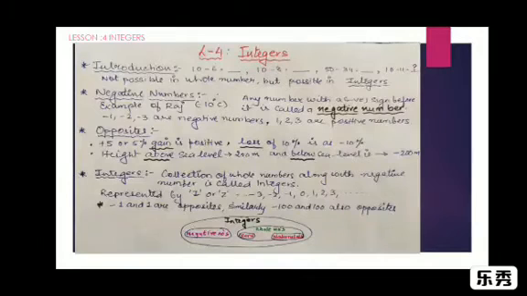Students, earlier, as you are aware, we have already done lesson number 1, that is numbers. We have already done the second lesson, that is whole numbers. And today we will start with one more interesting lesson, lesson number 4, that is integers. Now students, as you can see on the screen, it's very easy and simple to understand when it goes in this order.